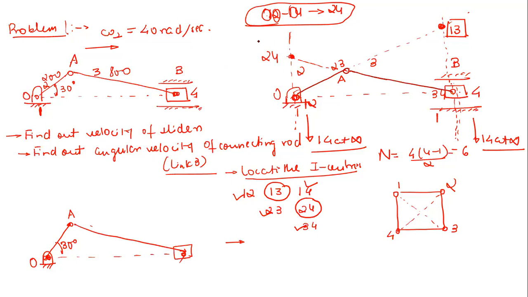Now this 2 4 is common to link 2 and link 4 as well. We can imagine this 2 4 on link 2, and we can imagine this 2 4 on link 4 as well. We can imagine that link 2 is simply a big circular disk which is going to contain this point 2 4, and in a similar way, link 4 is a flat, big rectangular slider which is going to contain this point 2 4. But we will start first with link 2.